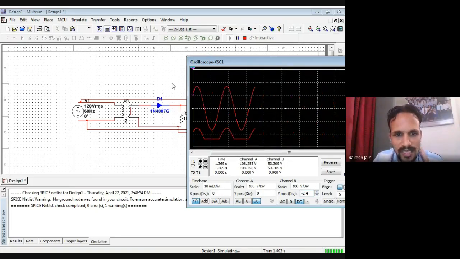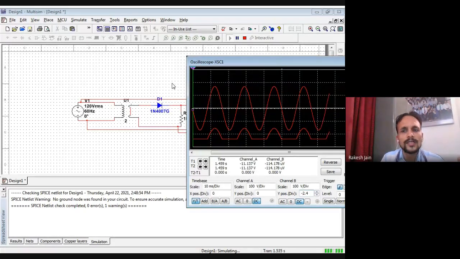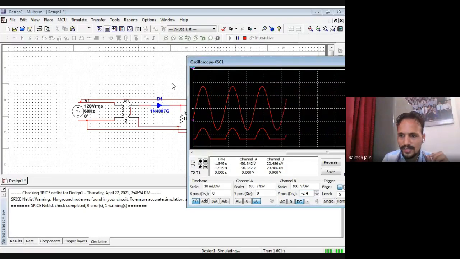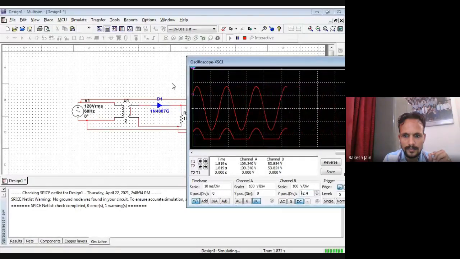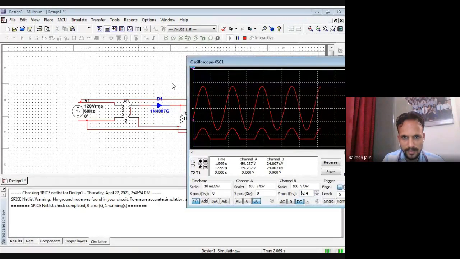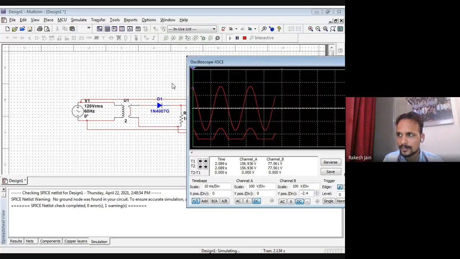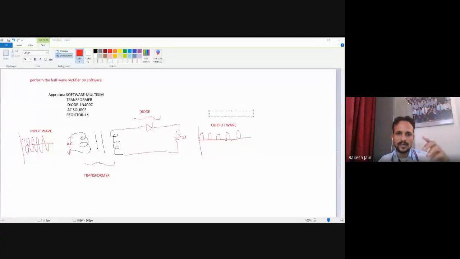I once again show you the same MS Paint file on which I showed you the diagram and the waveforms. Now once again see this MS Paint file. So here is a waveform in front of you. This was the MS Paint file which I taught you a few minutes ago.